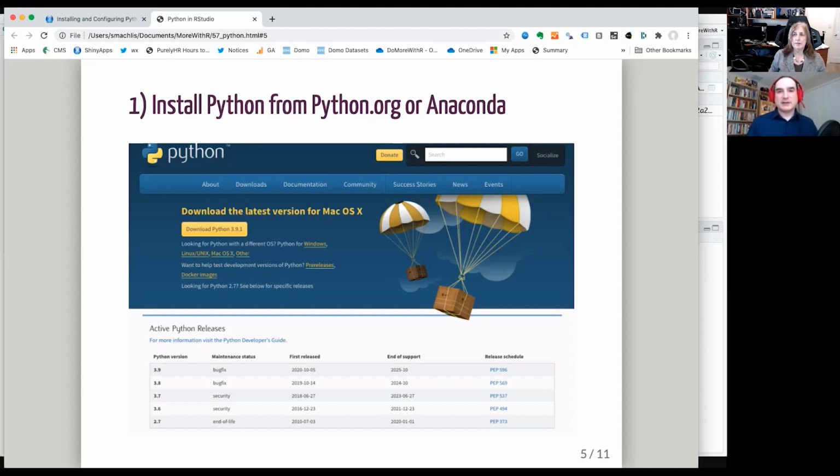The downside with using Anaconda is that it's kind of its own thing. If you use that version of Python, it's best to use only that version of Python. If you use the python.org version, it's very bare. It doesn't come with anything pre-installed, but it also doesn't try to take things over quite as aggressively as the Anaconda version does. So I would say it depends on what's already in use in your environment. It depends on what other people in your organization are already using. If they're already using Anaconda, go with that. If they're just using the regular python.org version, go with that. There's another choice we have here. There's the 3.x or the 2.x.